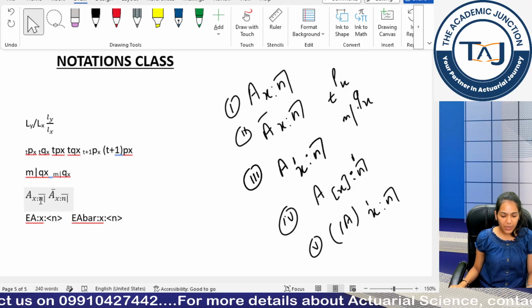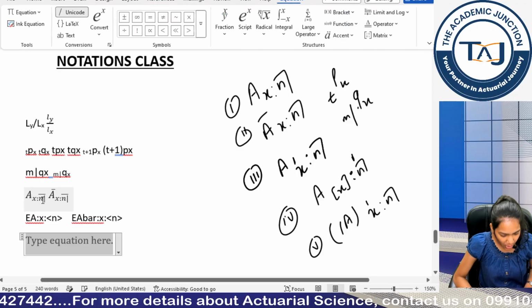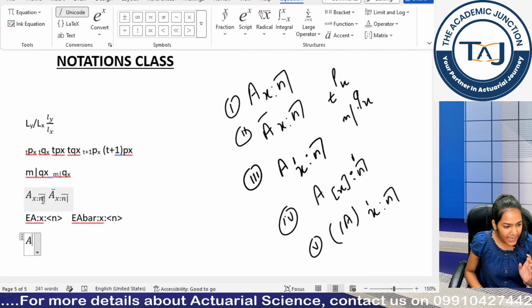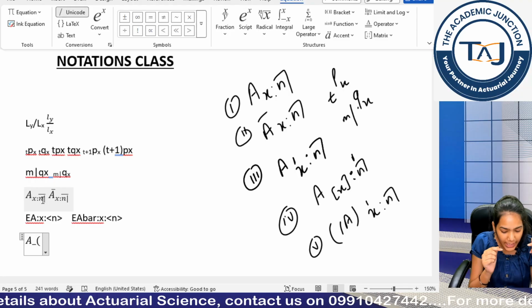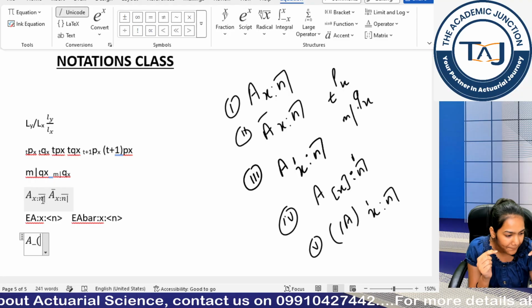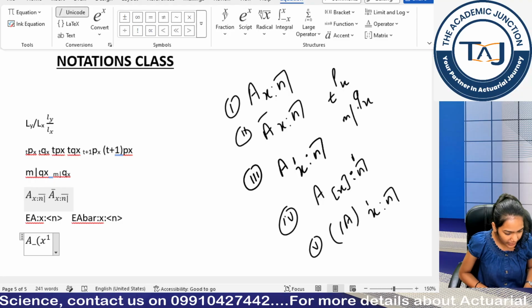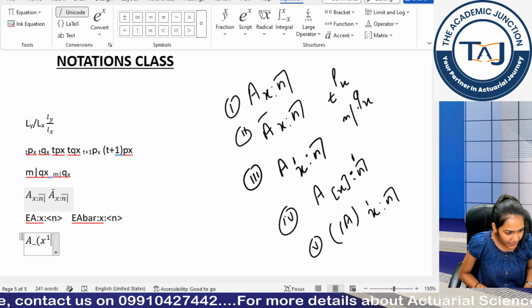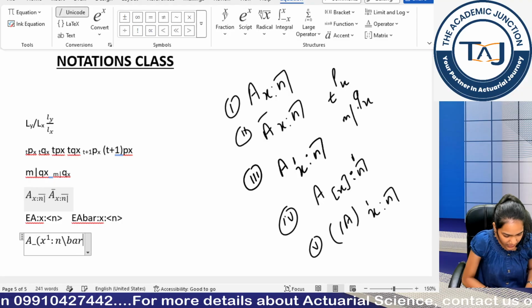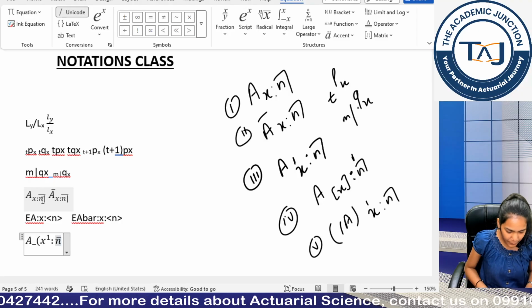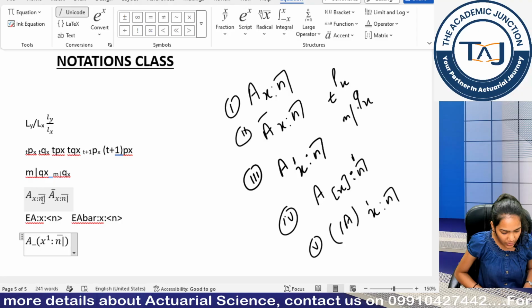Now let's move forward to our third notation. So for the third notation, how do we write it: A with alt equal. Now can you see everything is in subscript, so underscore brackets. Now can you see there is a small 1 over X, right? So I will use X space 1. Okay, clear? X1, then I use this colon, then I use this N sign, then I use bar, double bar, then I use the backward arrow key, then I use this vertical bar, a forward arrow key, brackets close, and this.